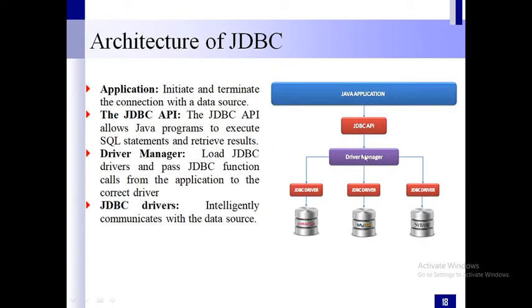Now here we'll see what all the components we have in the application. Okay, if you are using a JDBC connection, then what are the components we have and how they interact with the database. The first thing is the Java application, where you are writing all your programs. It can have your host language and SQL statements, and it initiates and terminates the connection with the data source. So here you need to write the statements to connect to the database.